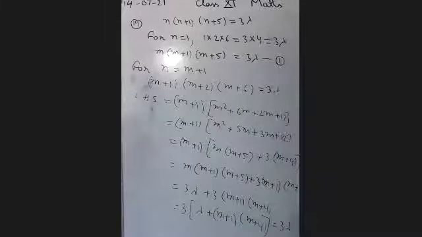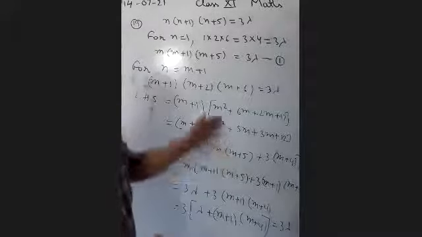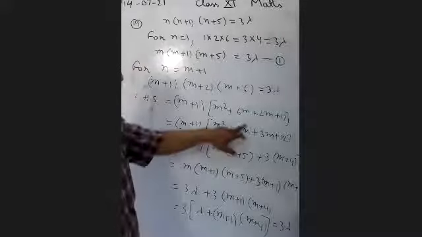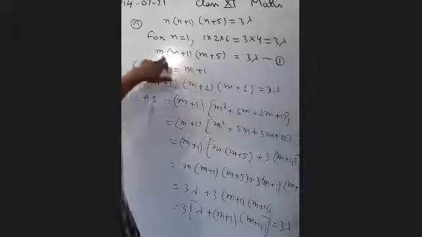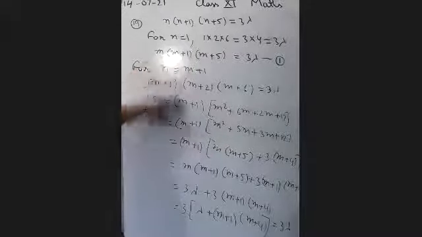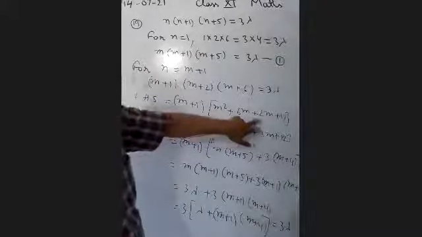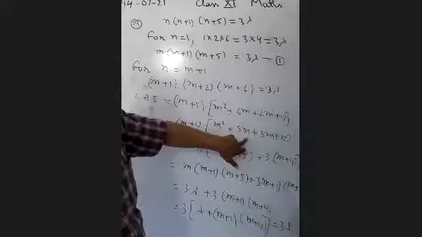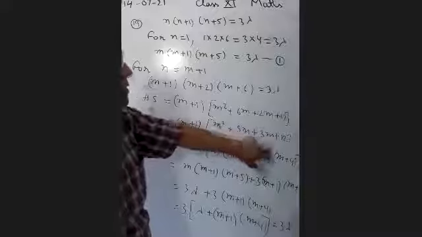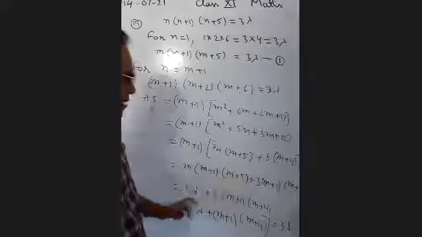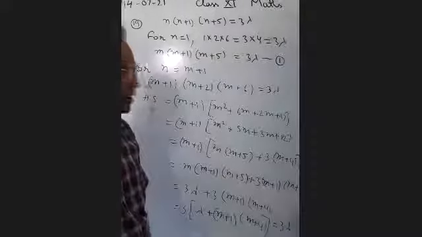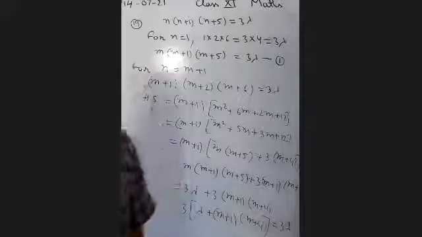So this question we have done in a different way. We have split the middle term. After splitting the middle term, we get the result. ठीक है. Why have we split it? We want to use this relation. In this relation, we have m(m + 1)(m + 5). So we had here 8m. So 8m को we have split into 5m + 3m. After getting common, we get the relation. We put the value 3 lambda. We get 3 as a common factor. It is in the form of 3 lambda. ठीक है.